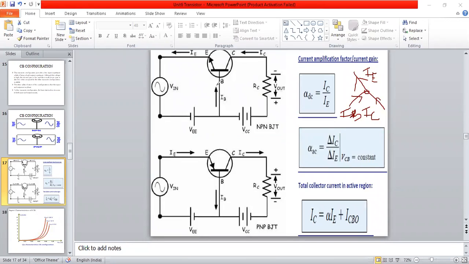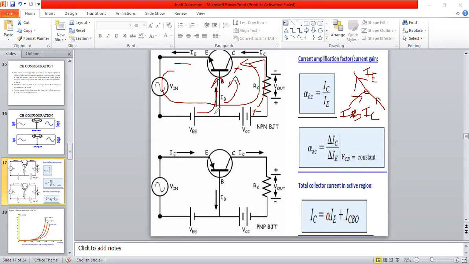So according to this circuit diagram, IE is equal to IB plus IC. This is for the NPN transistor. Because positive supply is given here, the current will start to flow from this one, and another positive supply is given here, so across the base it will try to flow. So base and collector currents join together and go to the emitter. So the current direction will be like this.